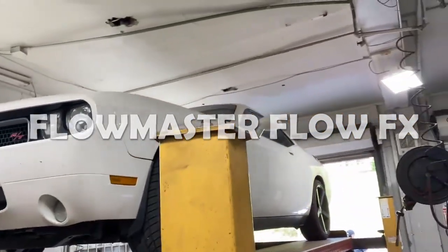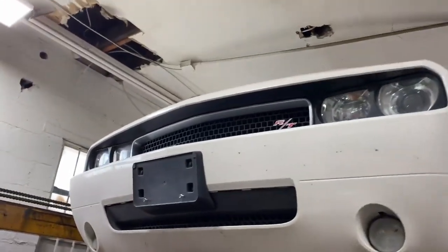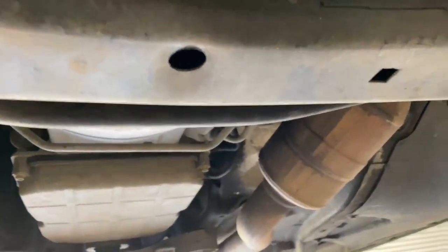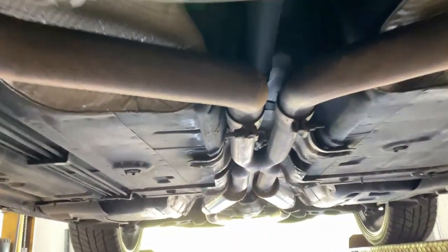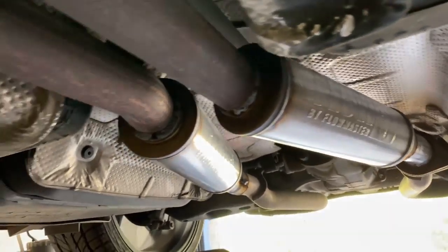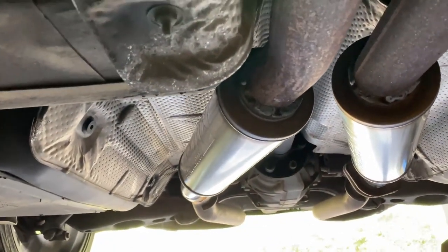2009 Dodge Challenger RT V8 HEMI. Still got the stock converters there and there, factory. Then it's got a factory X-Pipe. Then we put some FLOWMASTER Flow FX that you can, if you like to purchase, you can go in the